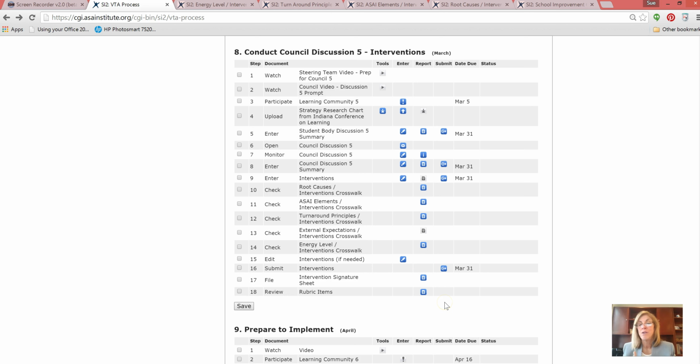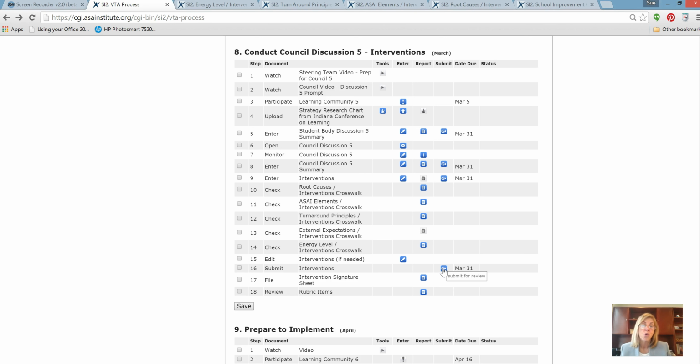And what that does is it tells our staff to look at your interventions collectively. So when each intervention came in, at the end of each intervention, you're submitting it for us to look at and to critique it individually. But when you hit this submit button, then we will look at all of your interventions collectively. And we'll be looking at how strong this school improvement plan is. Is this just a plan that's focusing on change around the edges and really hasn't dug into what's happening in the classroom? Do we believe that this plan is weak and is not really going to bring about the changes in your root causes that you're seeking?